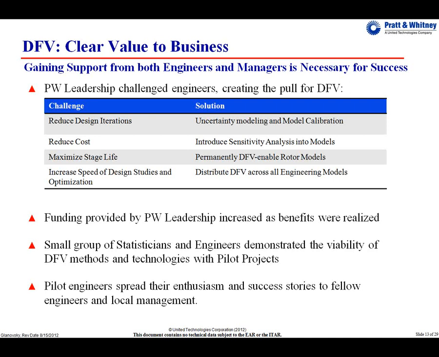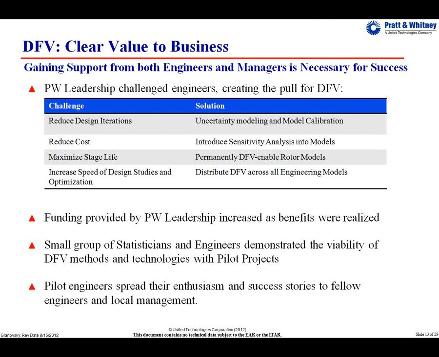Of course, there was a lot of people that weren't too happy about the idea that we should change the whole way we do our modeling processes. You can't blame them. They're used to how they've done it, and mostly it's worked well in the past. And now we're talking about doing all of this work to change how these models work, to make them parametric, to collect data and calibrate them. Is it really worth it?